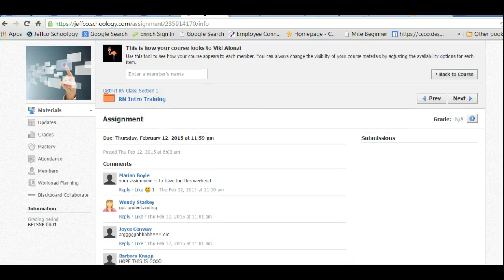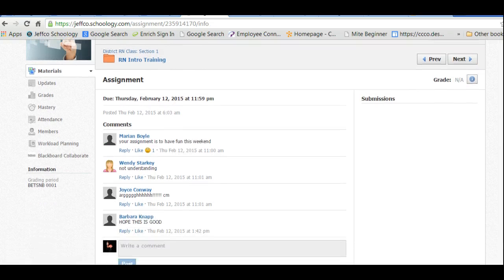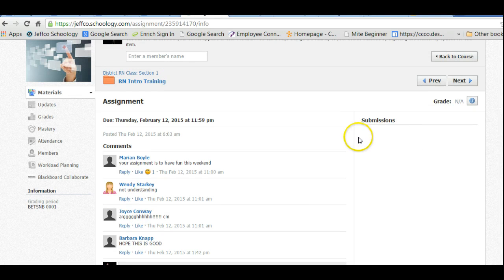And this is where you would upload it. So this is where you put comments if you were confused on the assignment, but your submissions you go ahead and put right here. As you can see, there's not any assignments submitted here for Vicki. Now, if I were to impersonate another student and see what it looks like,